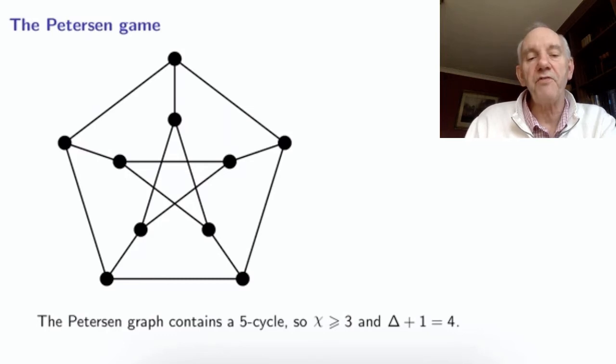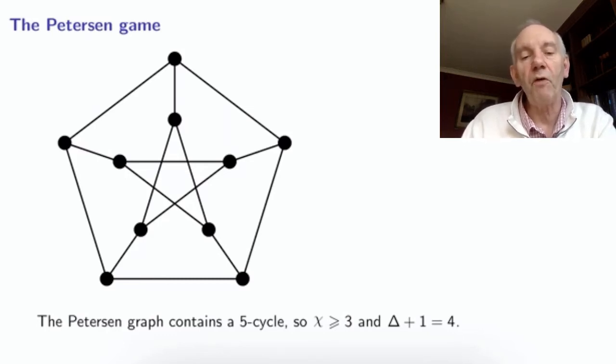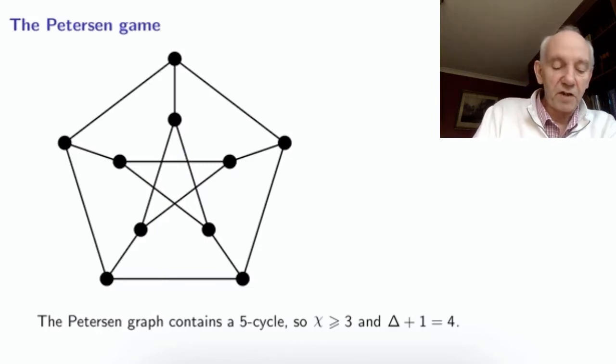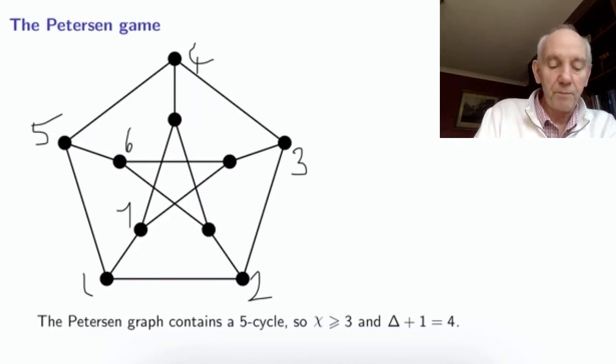On the other hand, the vertex degrees are all 3, so we know the chromatic number can't be bigger than 4. It's a connected graph. So the greedy algorithm is going to give us 3 or 4. Well, let's just do it. Let me take an obvious ordering of the vertices. Let me just go around the outside with the pentagon, 1, 2, 3, 4, 5. And then I go straight to the inner pentagram, continue going anti-clockwise, 6, 7, 8,